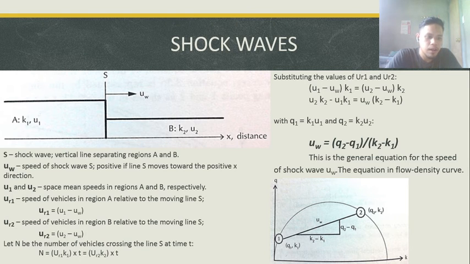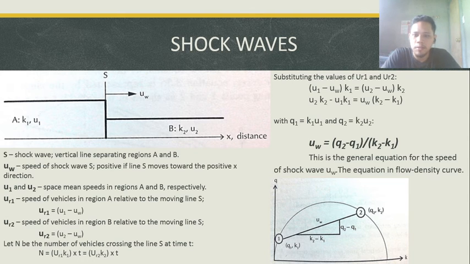So U sub R1 is equal to U sub 1 minus U sub W. Same here for U sub R2, the speed of vehicles in region B relative to the moving line S. So U sub R2 is equal to U sub 2 minus U sub W. Let N be the number of vehicles crossing line S at time T. So, equating U sub R1 and U sub R2